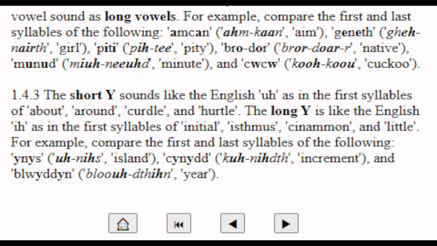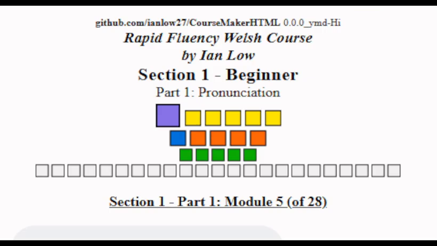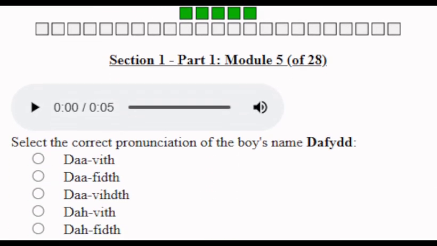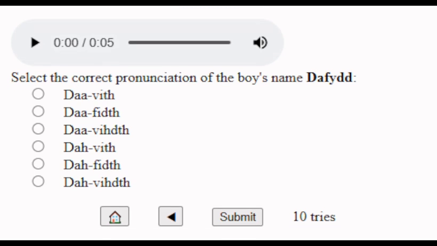So those are the Welsh vowels, and I'll just click on the next button. And here we have the fifth module, and here we have an exercise or a quiz. It says here, select the correct pronunciation of the boy's name Dafydd. I'll just click on the one which I think is the most correct to the sound of the name Dafydd. I think it's this one,